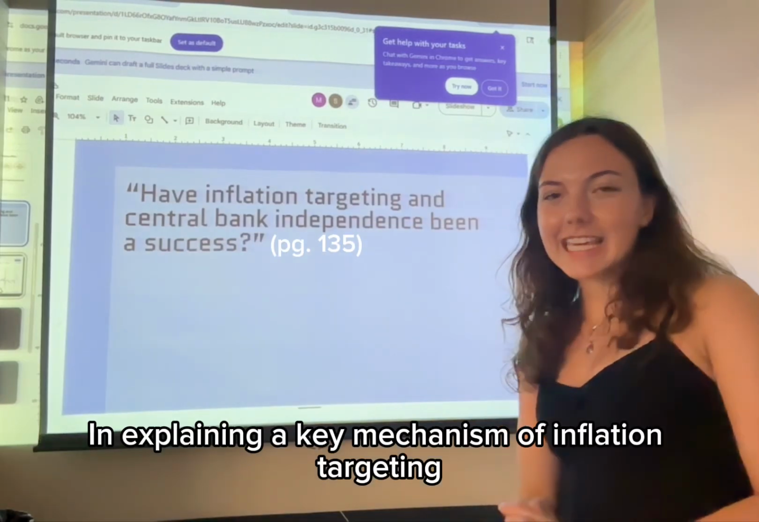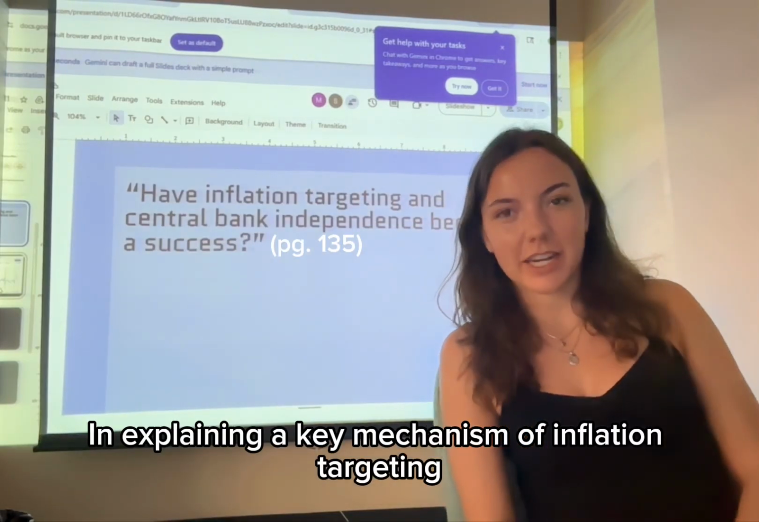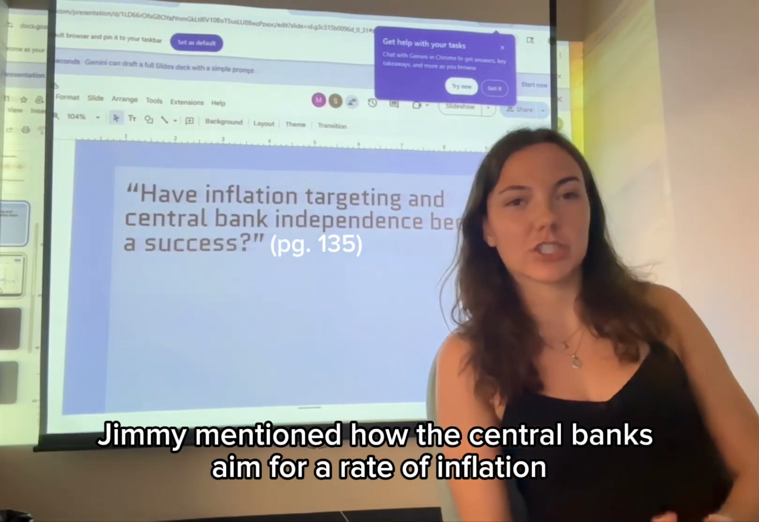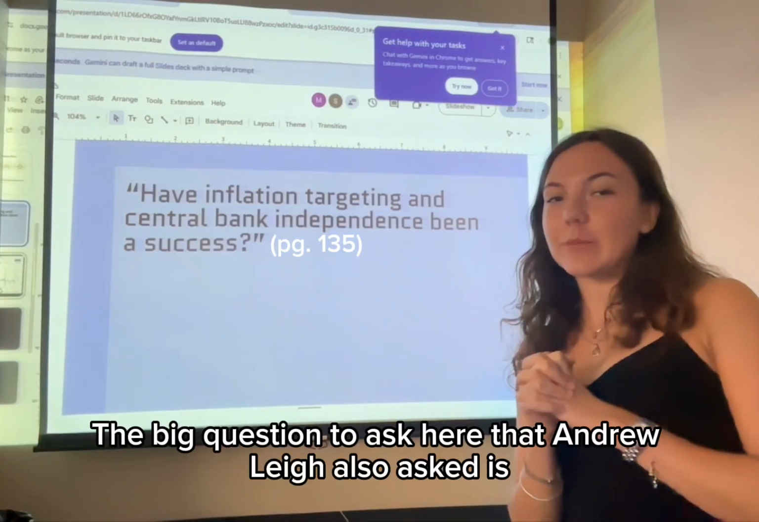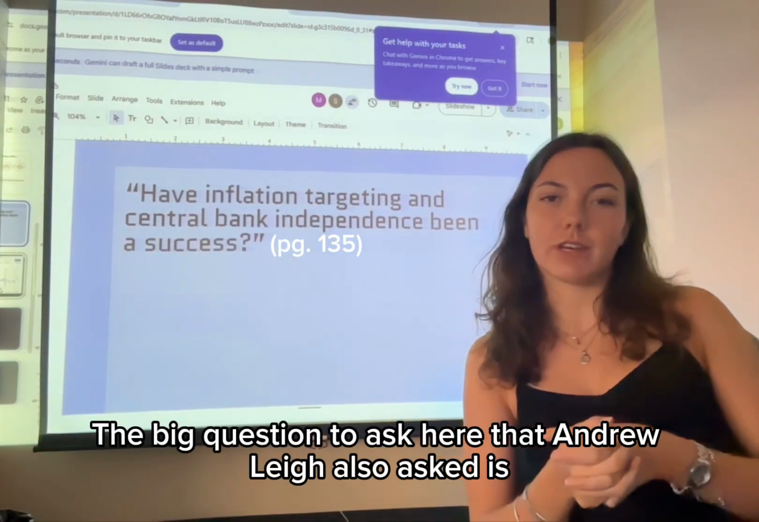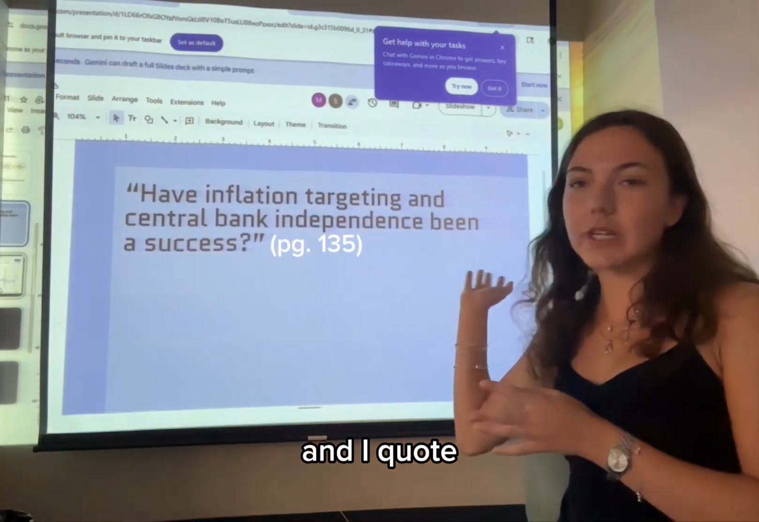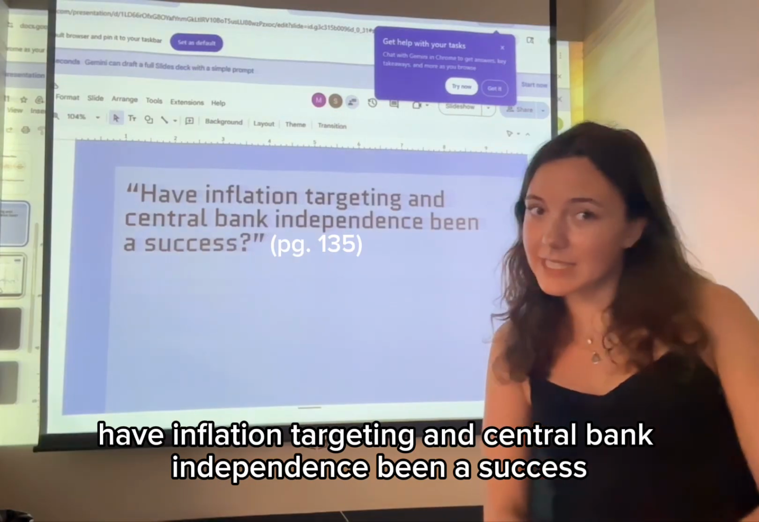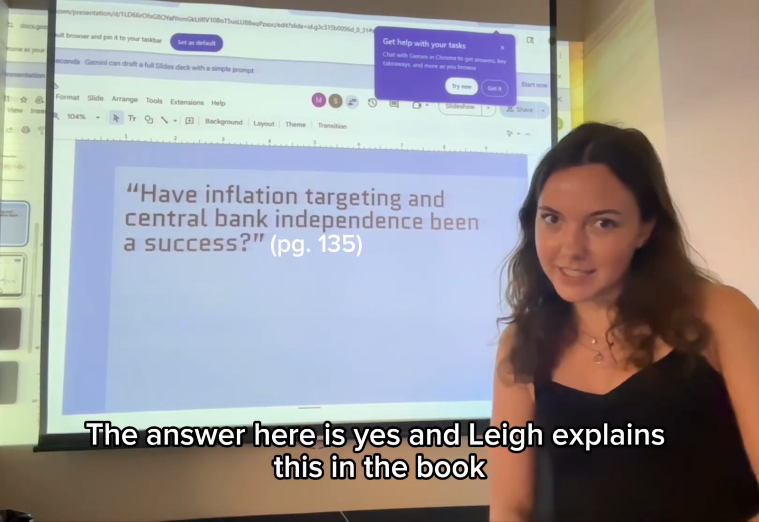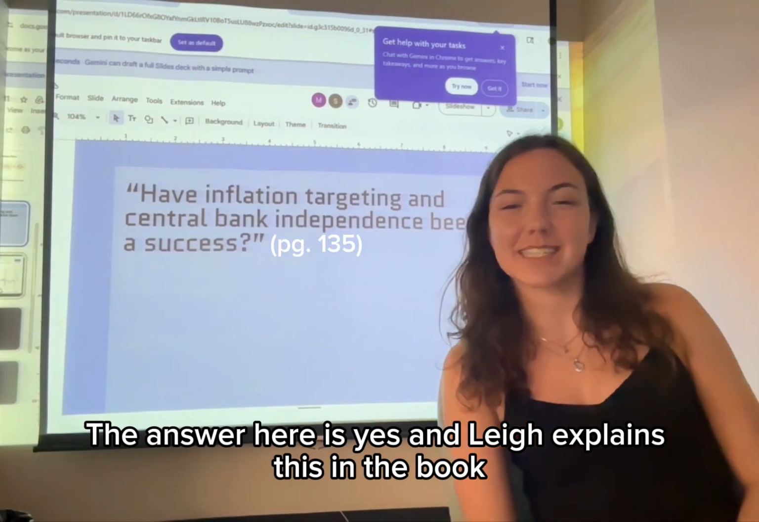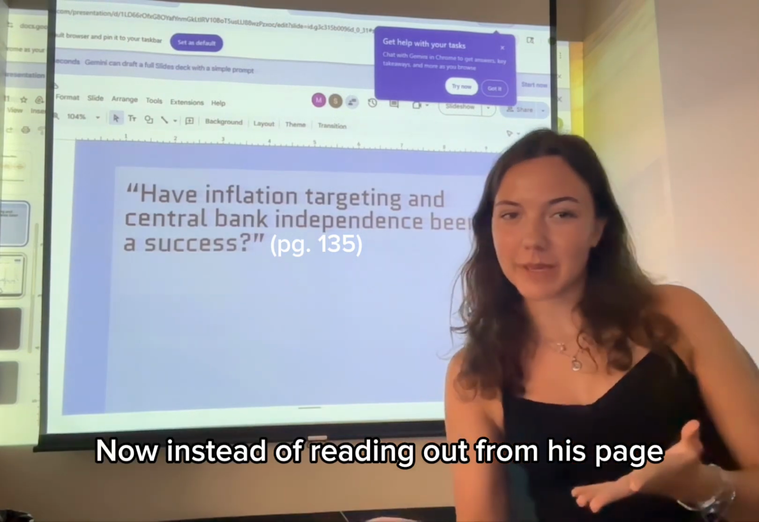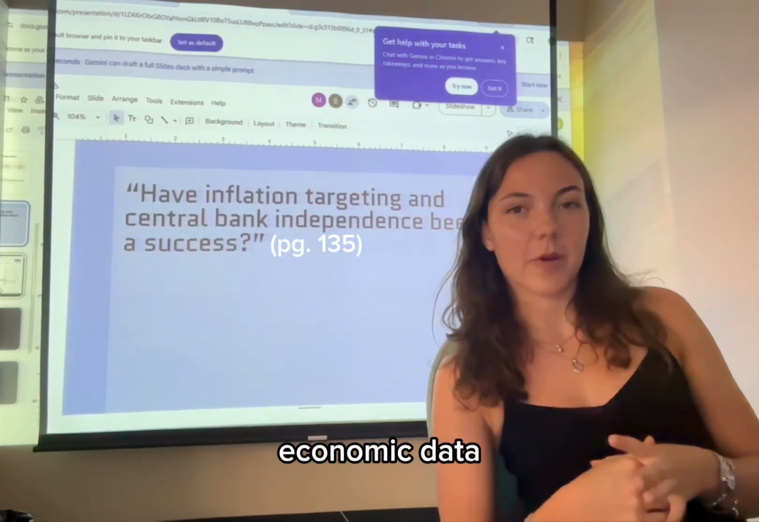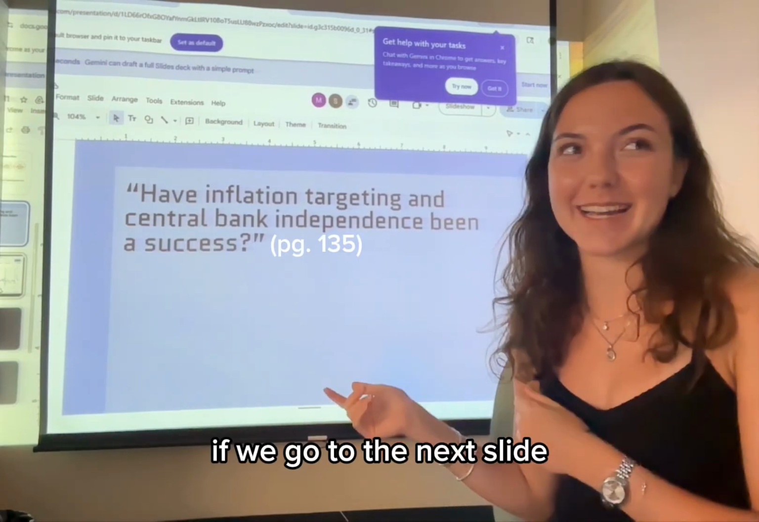In explaining a key mechanism of inflation targeting, Jimmy mentioned how central banks aim for a rate of inflation at roughly 2%. The big question to ask here, that Andrew Lay also asked, is, and I quote, have inflation targeting and central bank independence been a success? The answer here is yes, and Lay explains this in the book. Now, instead of reading out from his page, I can explain that with data provided by the Federal Reserve economic data. Now, if we go to the next slide,